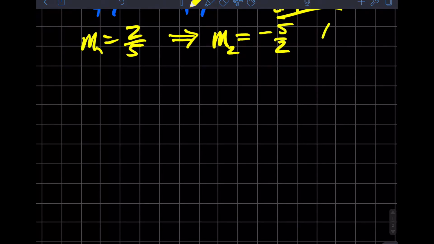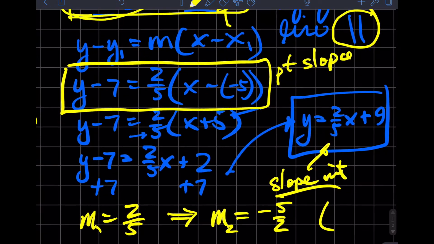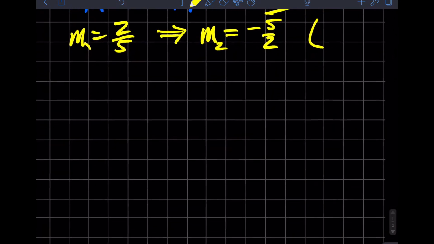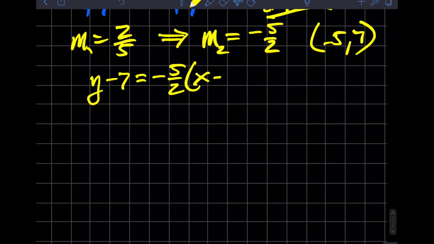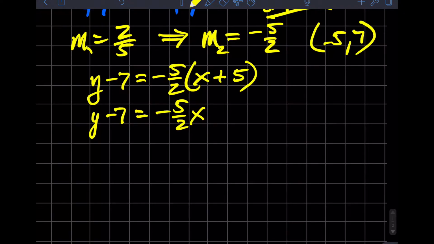And then if the point that we were trying to find a line to go through was, what was it, -5, 7? -5, 7. Then we're going to do the same thing. Again, I would use the point slope form. Y minus 7 equals -5/2 x minus, but I know from before that it's going to be plus 5. And now, when I distribute the -5/2, I'm going to get -5/2 x minus